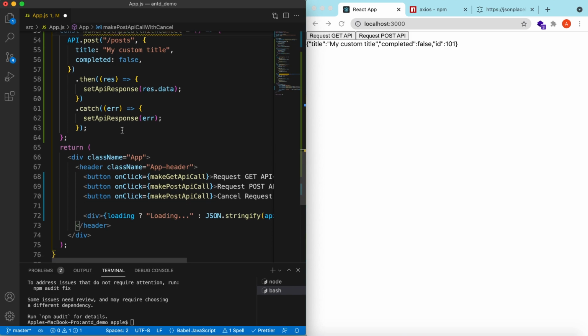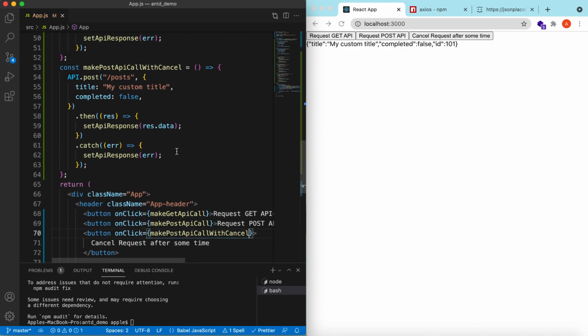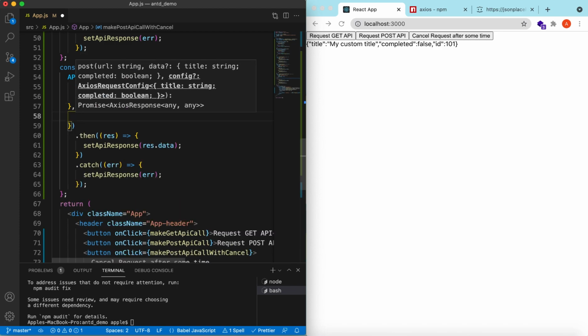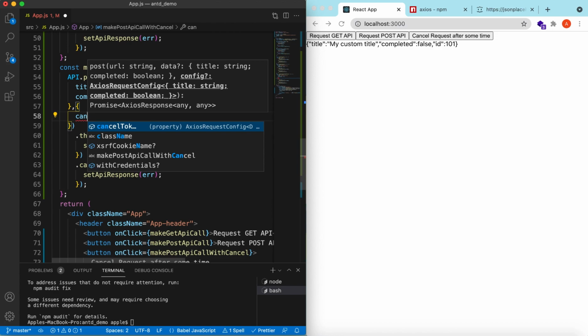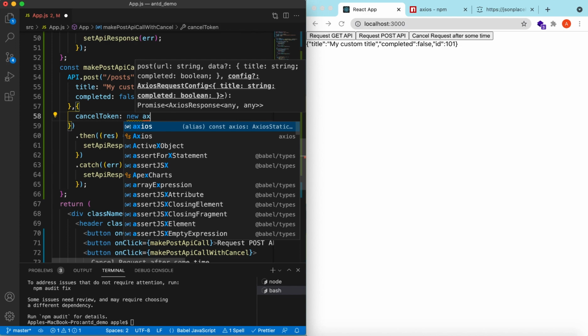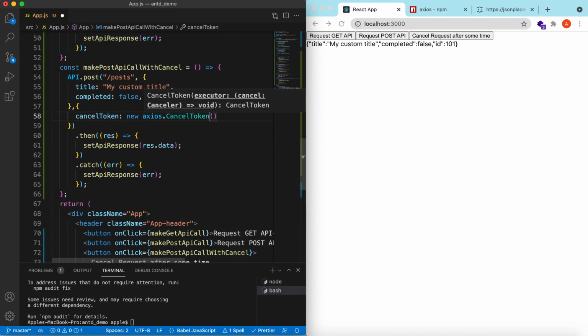So the things will be the same. It will be behaving the same as the request post API for now, and let's add a config here, right? And in config we can say cancelToken, and it will be new axios.CancelToken,